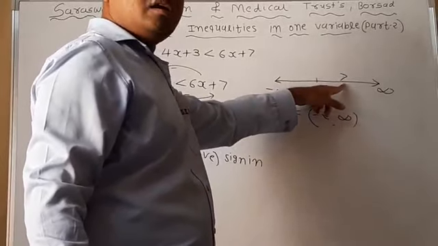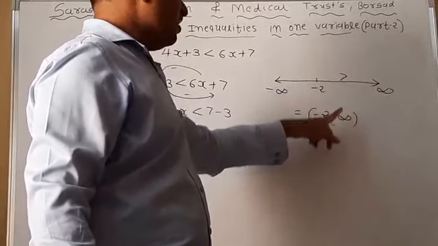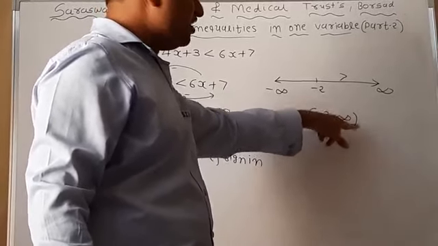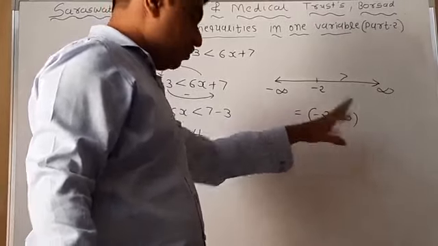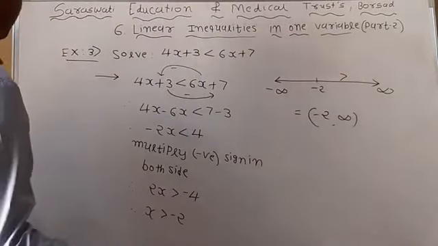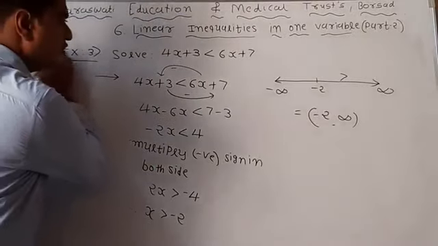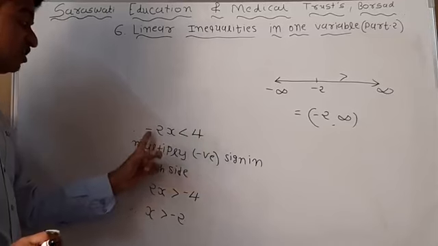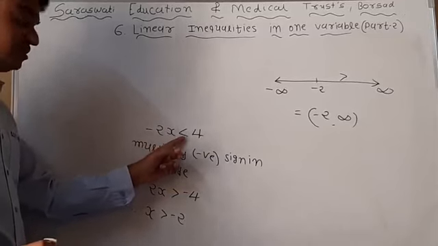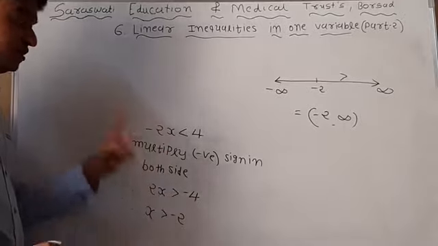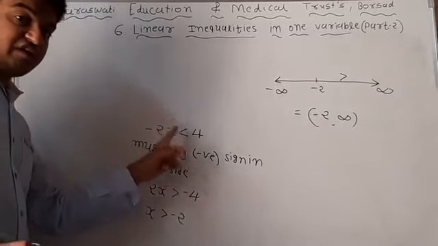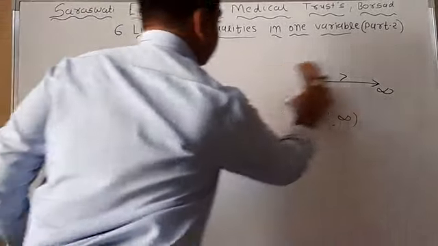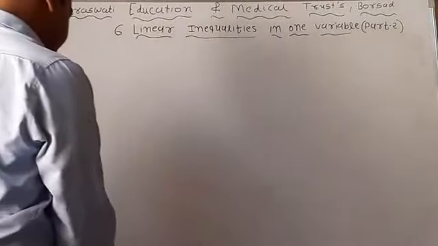Here strictly greater than form is present, so that's why we write an open interval, and infinity is always written in open interval form. So next question, example number 4. Now remember, when we remove this minus sign, the inequality changes: less than is replaced by greater than, and if greater than is present, write less than.